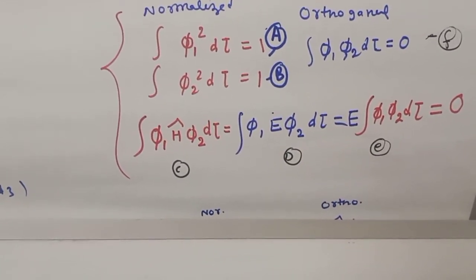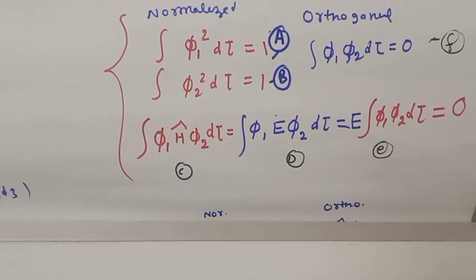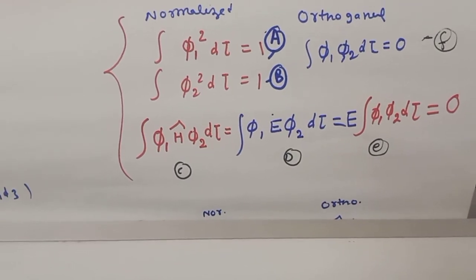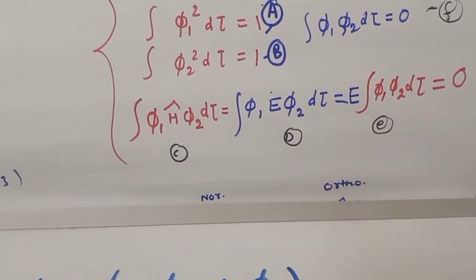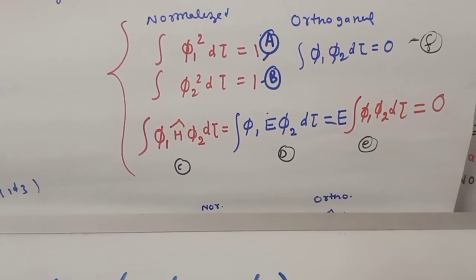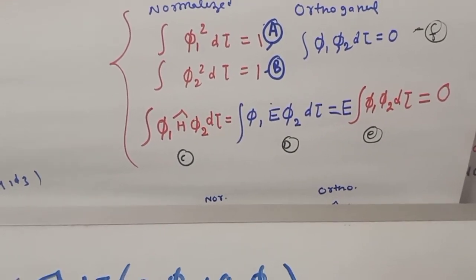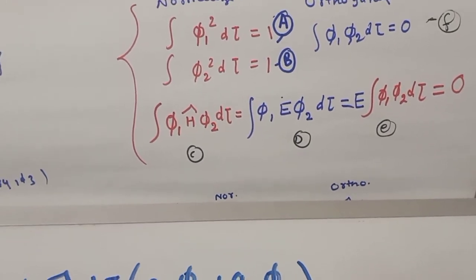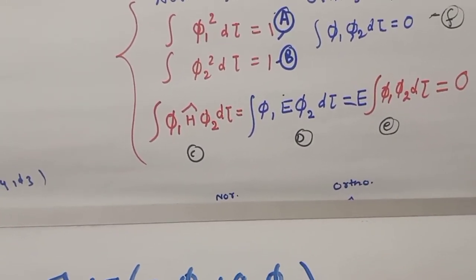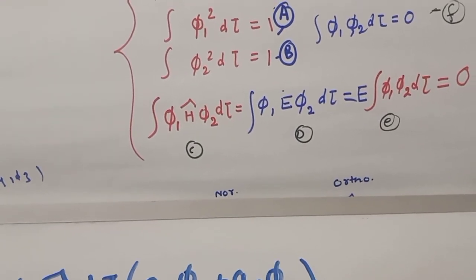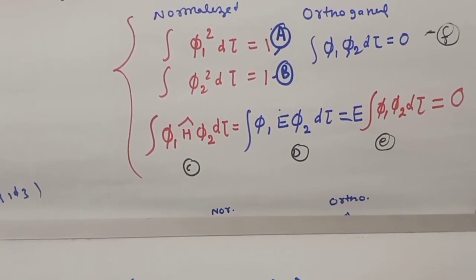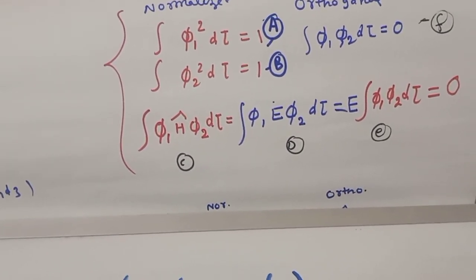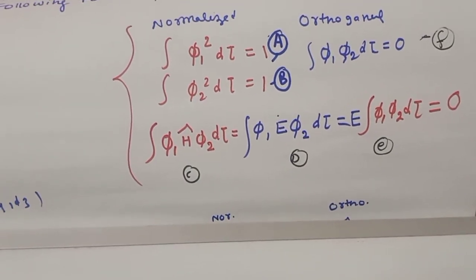Similarly you can see that phi 1 h cap phi 2 d tau can be written, we have replaced our h cap phi with our e, so it can also be written as phi 1 e phi 2 d tau. We will take our e out of the integration as it is a constant, so it can be written as e integration phi 1 phi 2 d tau. But as the phi's are different, we will write it as orthogonal, which means it is 0, and all these values will become 0. I have just given them some equations like a b c d e f g. So if you want, you can write it down separately.